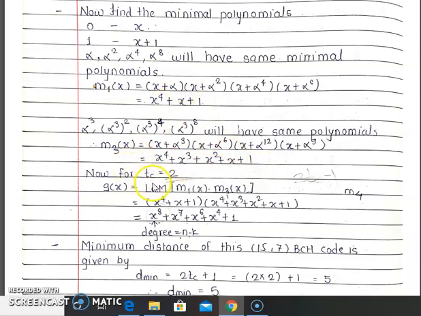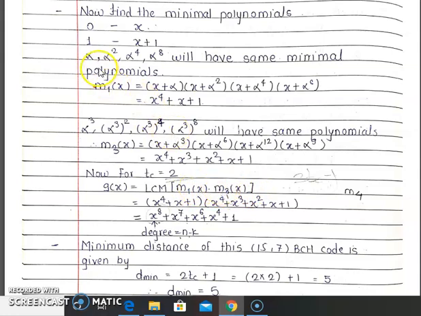Now I am using the formula for the generator polynomial: g of x is equal to LCM of m1 of x and m3 of x. Here suppose tc is equal to 2. That means if the error correcting capability is given as 2, then our formula exists up to 2tc minus 1. That means 2 into 2 is 4, 4 minus 1 is 3, so up to m3 only. That means m1 and m3. So take these two polynomials.